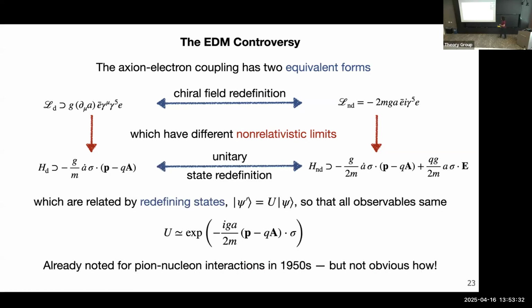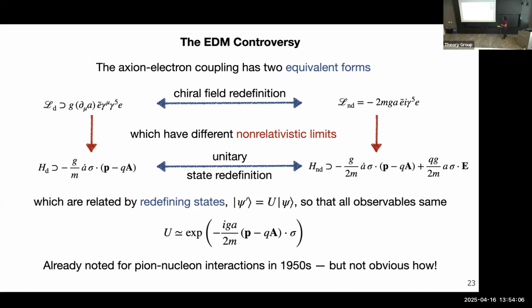It's kind of puzzling. And also, if you never knew about Lagrangians and you were just doing quantum mechanics, you could also go between these. If I have a Hamiltonian like this, what I can always do in quantum mechanics is a unitary state redefinition: I take the states in my theory and multiply everything by the same unitary matrix. That is the quantum analog of changing your reference frame in classical mechanics. Of course, you have to replace all the observables with U† O U, and then this keeps all the observables the same. In this particular case, here's the explicit U that gets you between them.